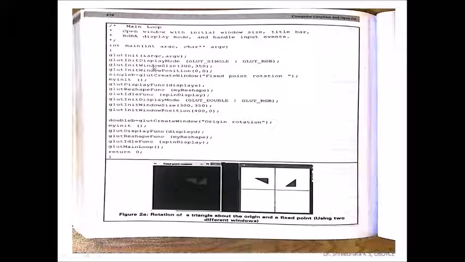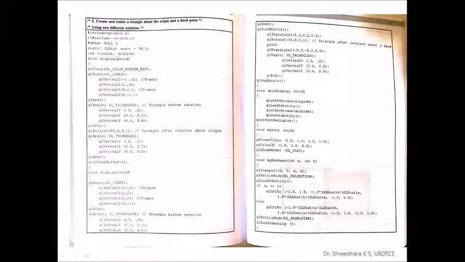After understanding this main program, let us discuss one or two functions: my display function, my reshape, and spin display function, the user defined functions, so that it will be clear. So I think the angle is 90 degrees. Single window, double, they're all integers. These are the IDs that will be created. These are the IDs which will be written whenever the corresponding window is highlighted.